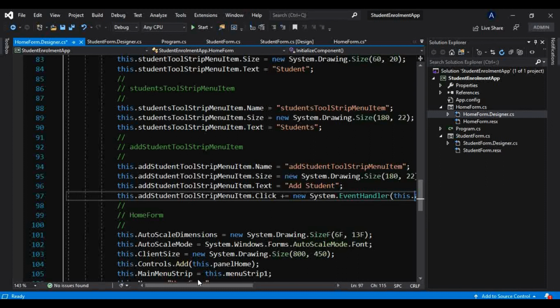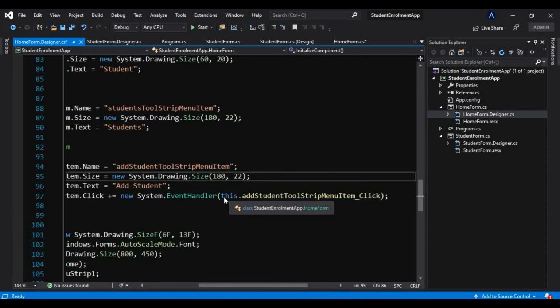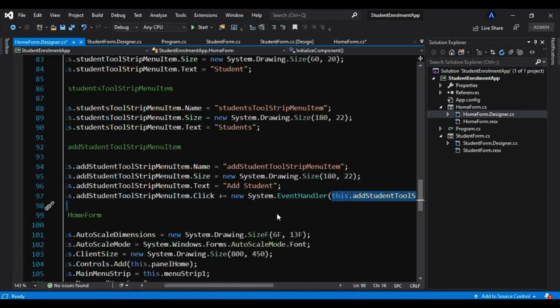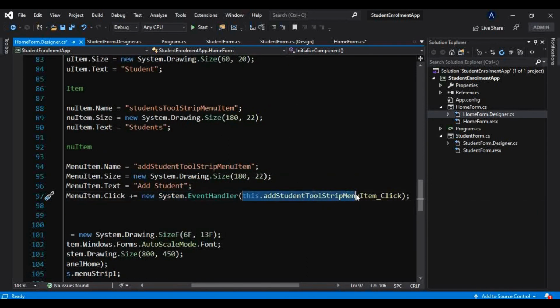I just want to show you how we can create a simple Windows application. But if you want to know this in detail, I recommend you follow my C# tutorial, in which I have explained all these things: how these delegates work, how we invoke a delegate. This is nothing but a method we are passing into the constructor of this event handler, and this method signature is the same as that of this delegate.